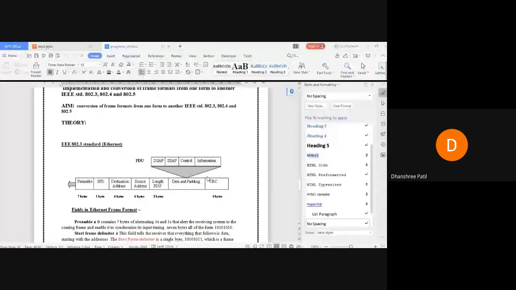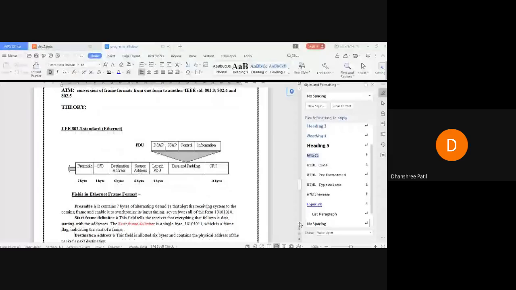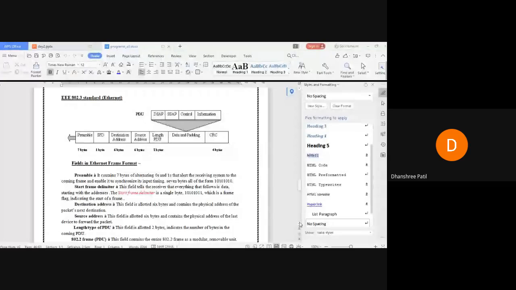Okay, so in this experiment what we are going to do is just represent the frame format. These are the fields, for example if we consider 802.3: preamble, start of the frame, source, destination address, length, data, and the checksum. We are just going to take the data from the user and display it.